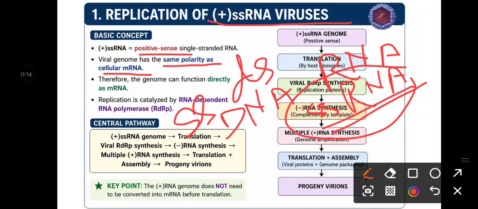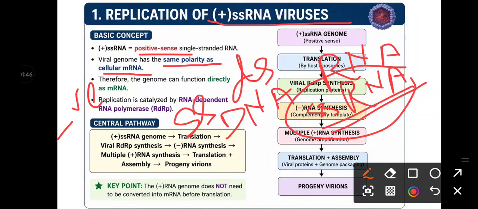But the negative sense single stranded RNA, its polarity is not similar to the mRNA. That's why it cannot directly behave as mRNA. So this is the basic difference. So here we will discuss replication of positive sense single stranded RNA viruses, how it multiplies itself in the